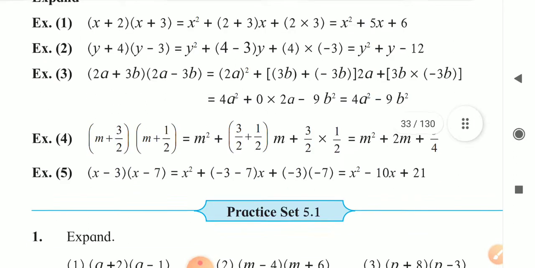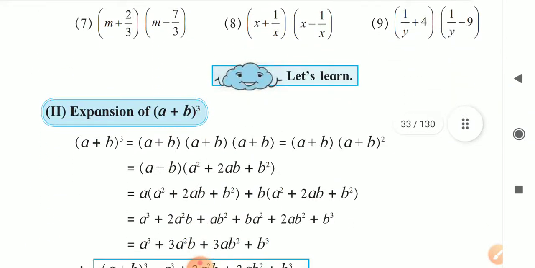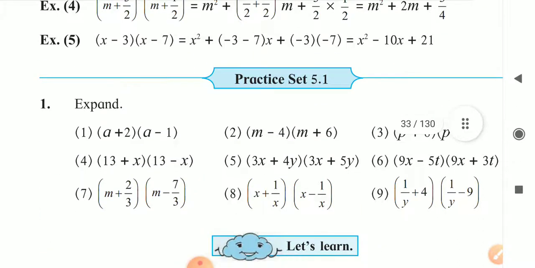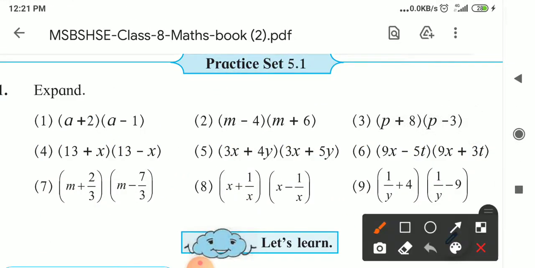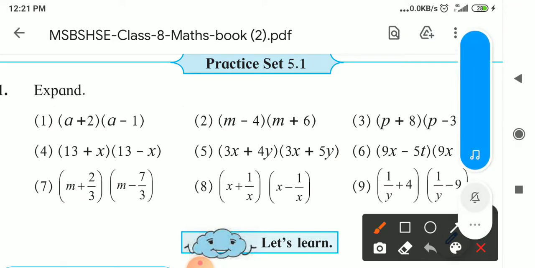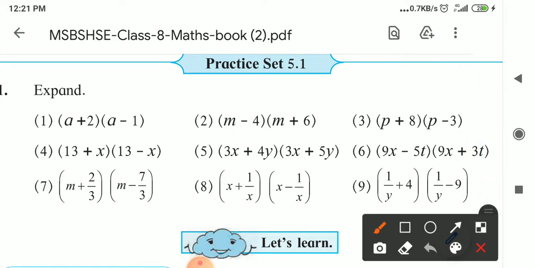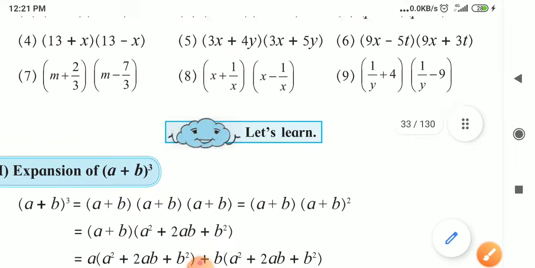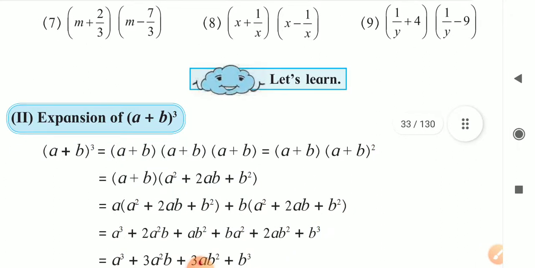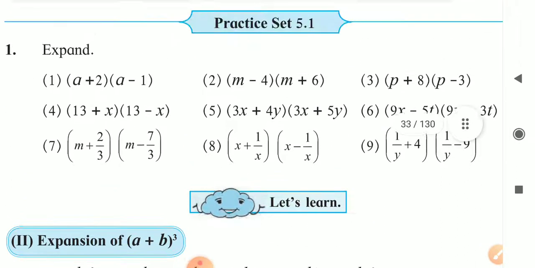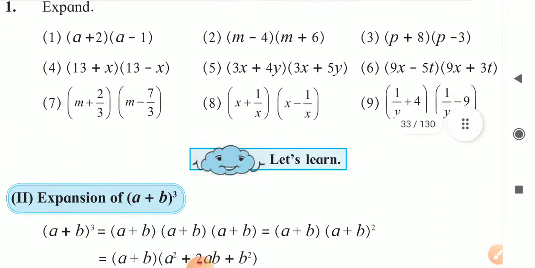Today we are going to start the next topic. I told you to solve practice set number 5.1, and if you have any doubt regarding this practice set, I told you to tell me. But I think all of you solved it correctly, because I did not see a single message on my WhatsApp saying you didn't understand a question. If you have a doubt, no problem, you ask me, I will clear your doubt.